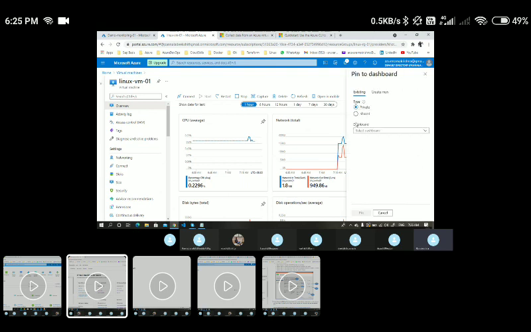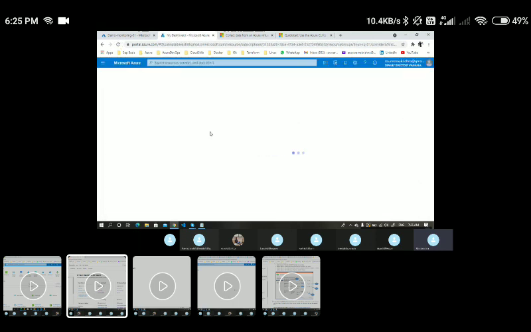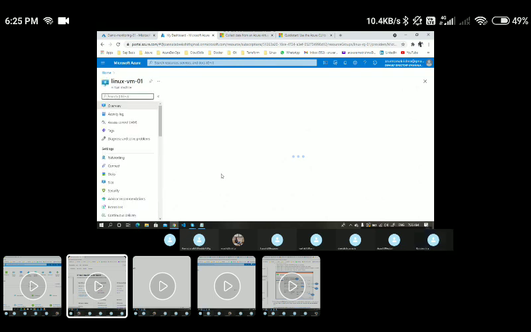I'll just pin it. When you click on pin, it will ask me the dashboard name. Just a second. I need to reload this particular page because when I duplicated it, it might not have taken the changes.